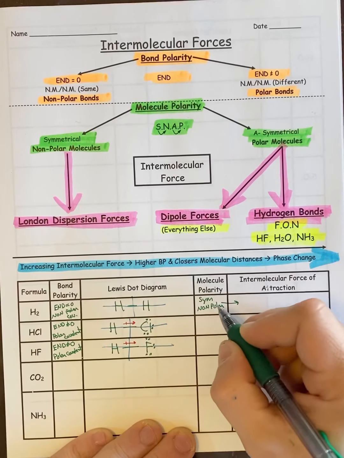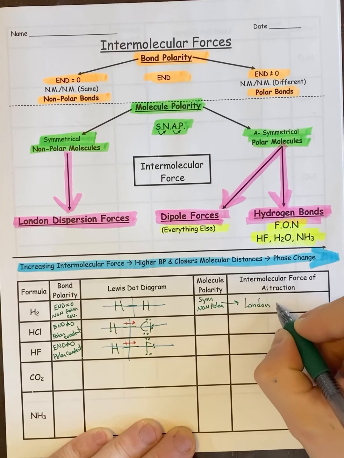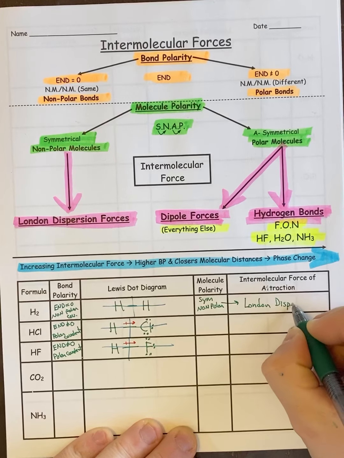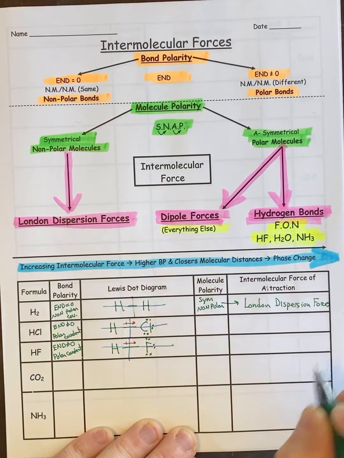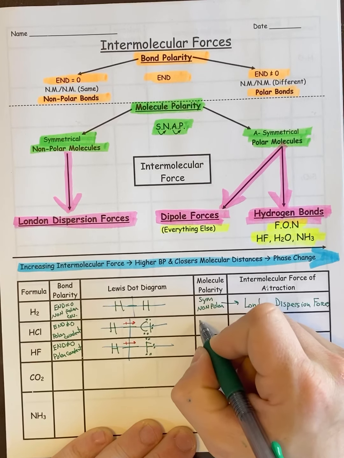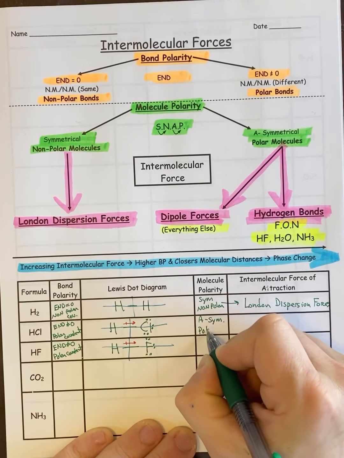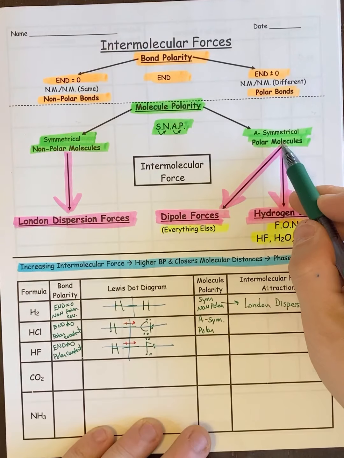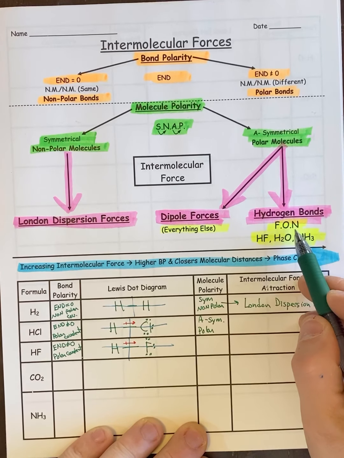Therefore, based off this answer, it has London dispersion forces. For the next one, HCl, it is asymmetrical and polar. It does not have F, O, or N in it at all, so therefore